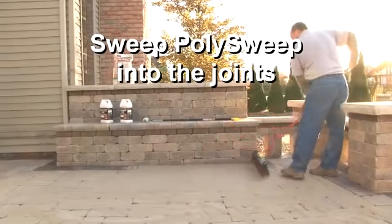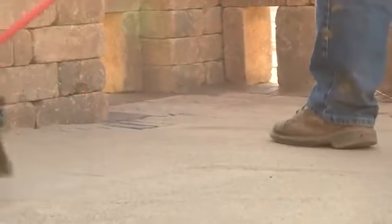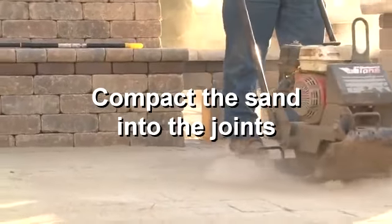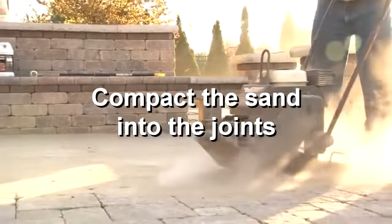Do not use any filler material. PolySweep should be used for the full depth of the paver joint. Avoid sweeping PolySweep over great distances, as this could cause separation of the sand and polymers. Run a vibrating plate compactor over the pavers to allow the vibrations to settle the sand particles and eliminate voids